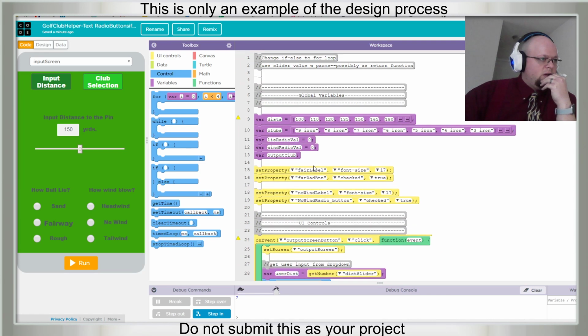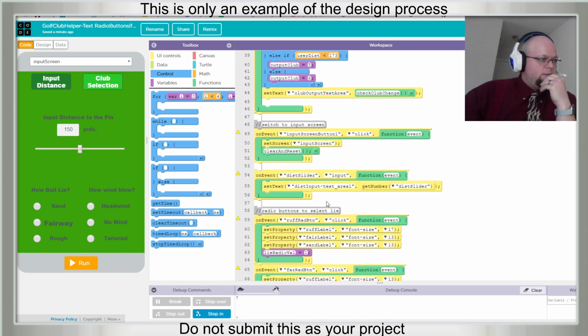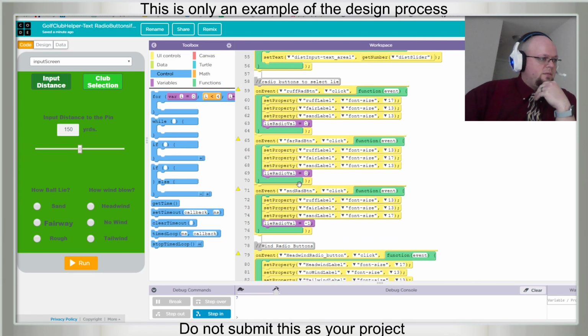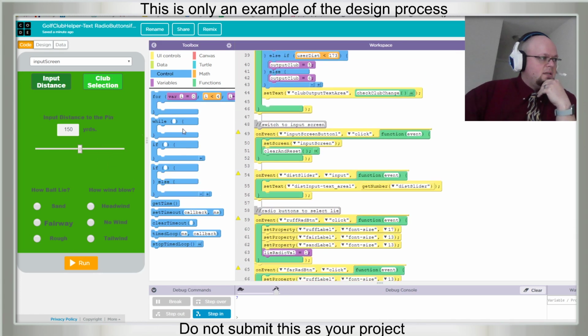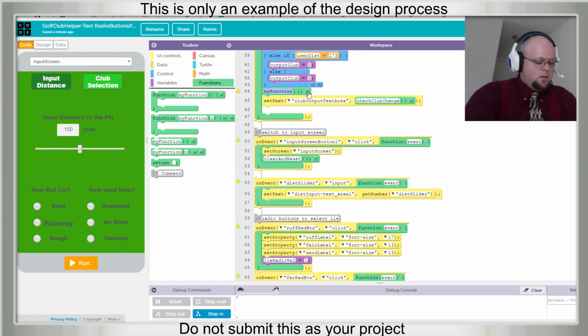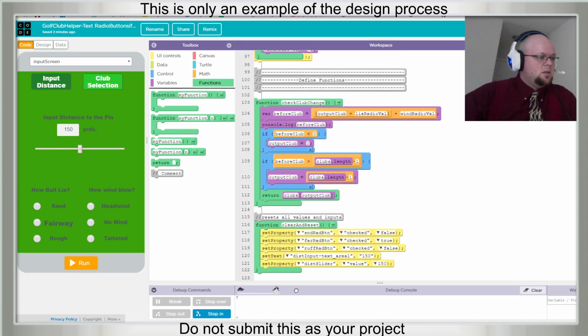Do we have check radio button? This is check club. Let's check radio button. Let's put all of these into one thing because I don't think it's getting to them. And then, well, that'll be it for today. We're gonna call this check radio buttons. And then we need to define the function. We'll put it down here with our function definitions.